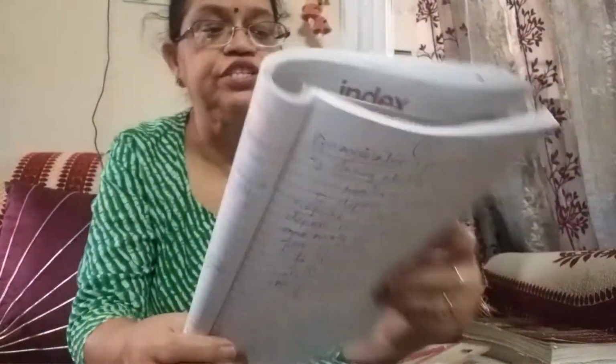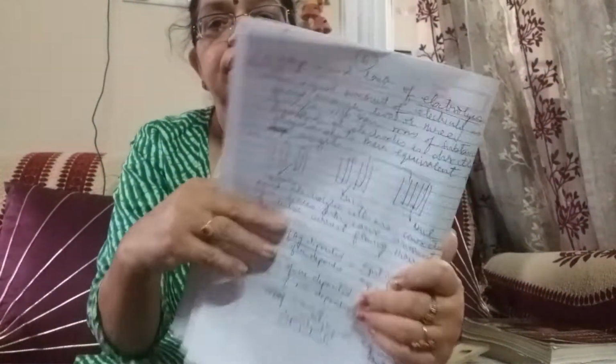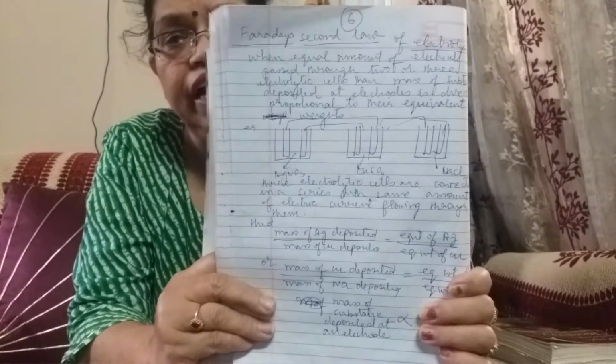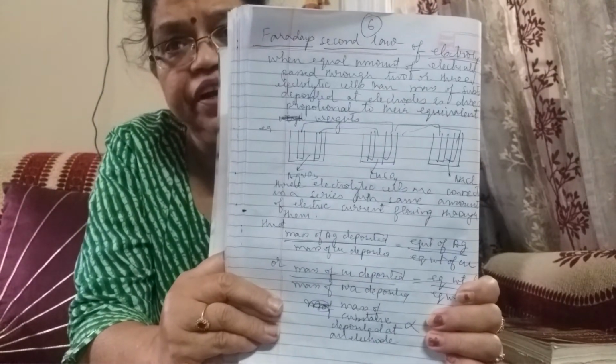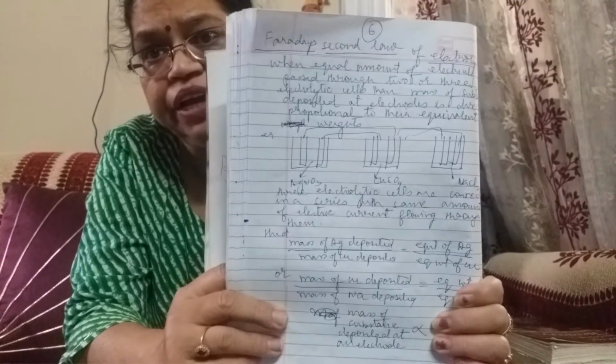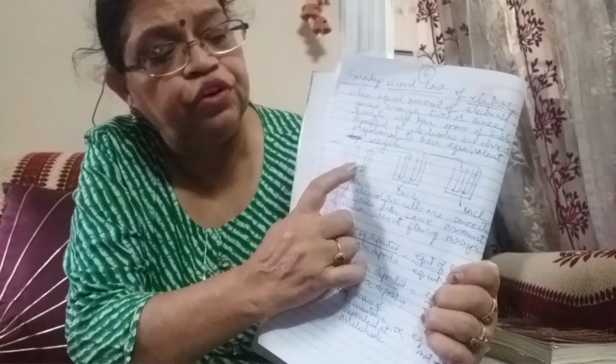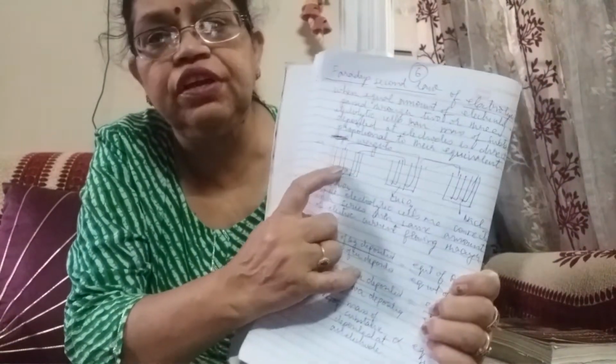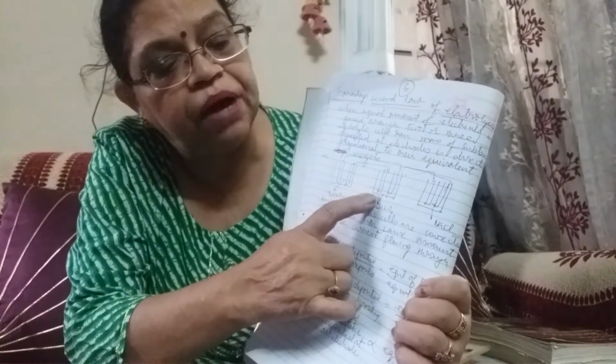Now suppose we have got three cells. One is silver nitrate, dipped in silver nitrate, another I am taking copper sulfate, another I am taking sodium chloride. So for this we can write: mass of silver deposited divided by mass of copper deposited will be equal to equivalent weight of silver divided by equivalent weight